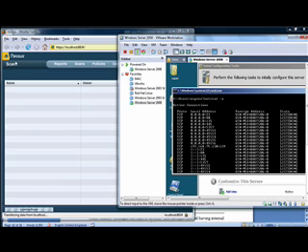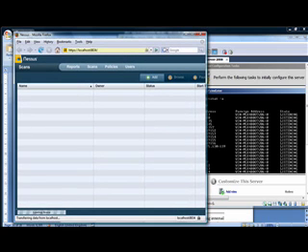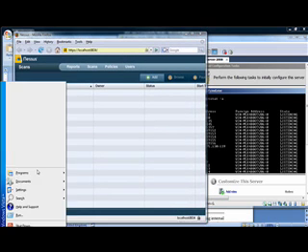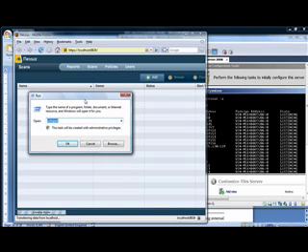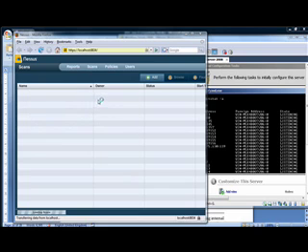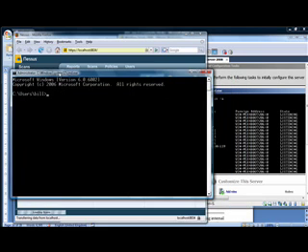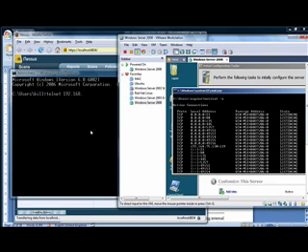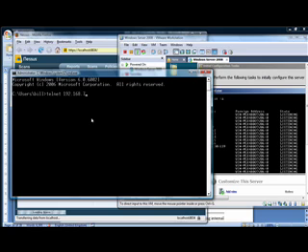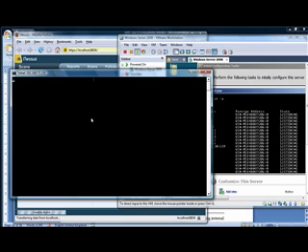So let's see if we can just prove that that port actually exists. So on our normal machine, what we'll do is we'll just try and telnet in to that address, 192.168.75.130. You can see here that we have a telnet connection,